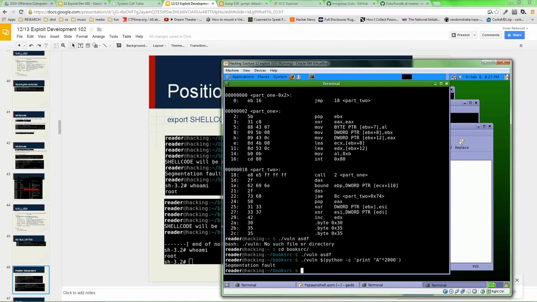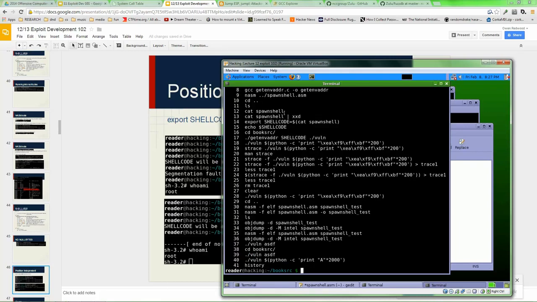Indeed, it's a segfault. So what we're going to demonstrate is the efficacy of this position independent shellcode, and I have it somewhere in